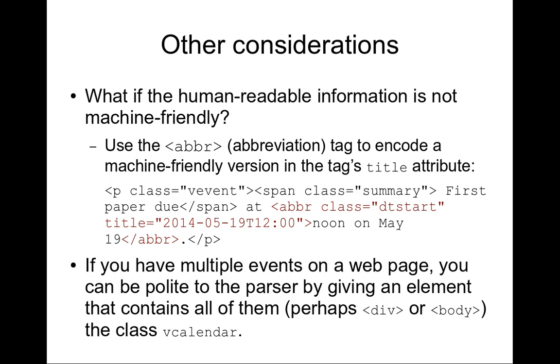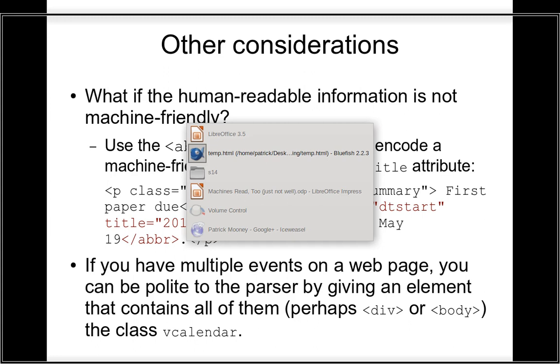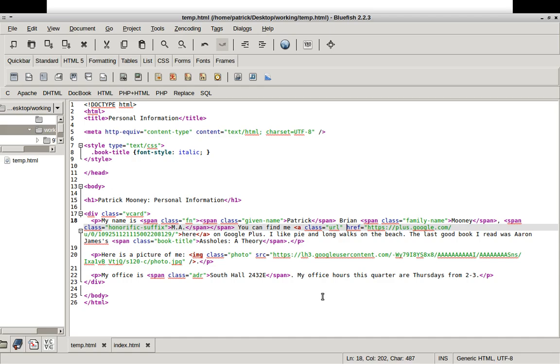HCalendar is a little harder to implement, and so is perhaps not the best microformat to start with, which is why I started with HCard. That's because you have to indicate when an event starts. You optionally can indicate when it ends. But the problem here is that there are about 80 bazillion different ways to describe time in human natural languages, and that makes it difficult for machines to parse. So what you need to do is to indicate what time stuff starts in a machine-readable way, right? So what you might have here, if you're describing